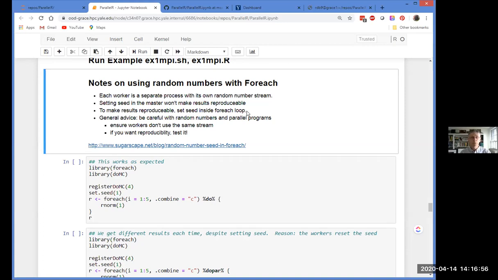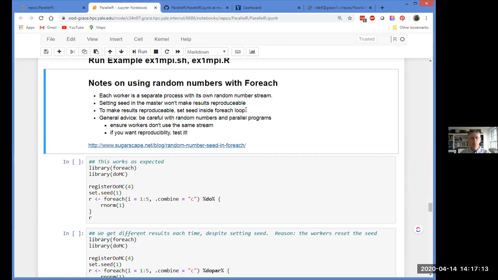Well, you better be careful that they really are getting different random numbers, because if they're all getting exactly the same random number, then you're just performing exactly the same computation 1,000 times, and it's not doing what you think it's doing. So that's the first thing you want to be careful of.